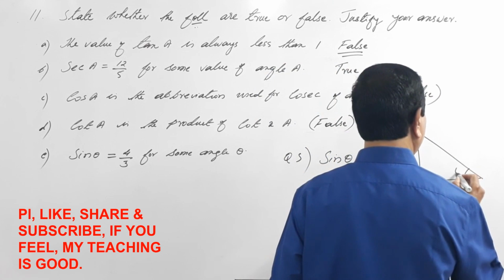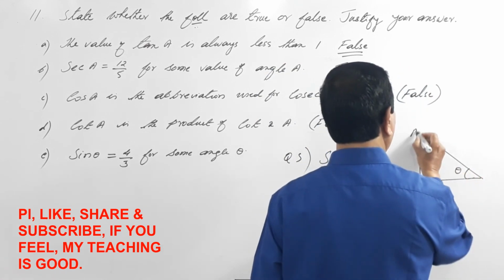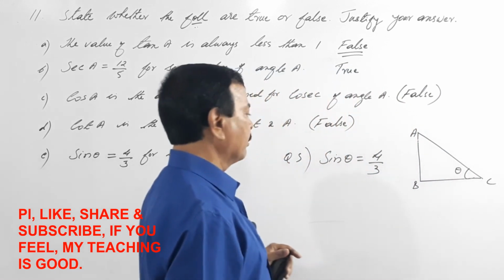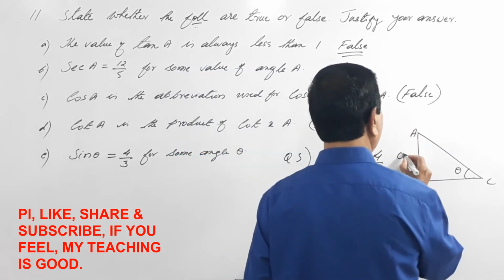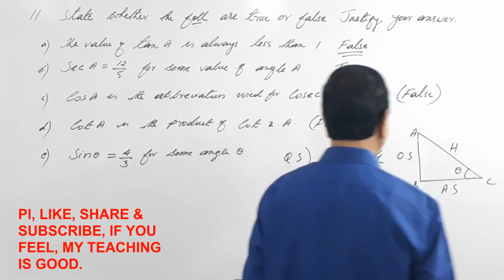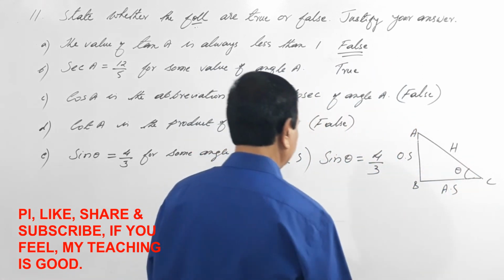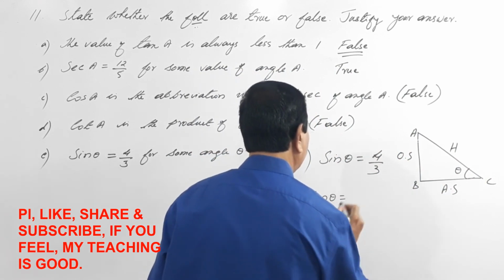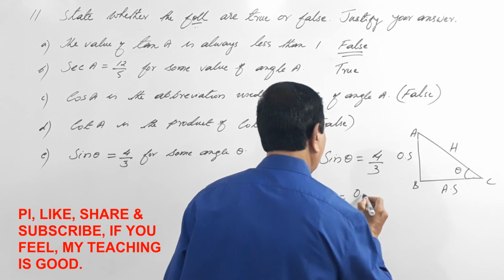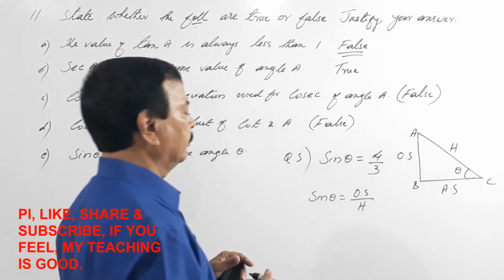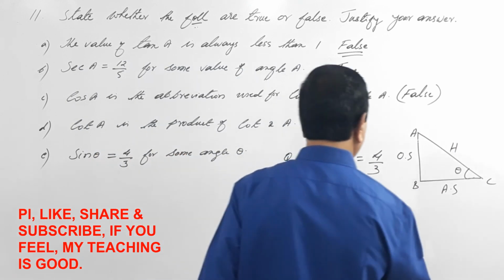I call this theta. So A, B, C. Sin is what? This is your opposite side, hypotenuse, and this is the adjacent side. So sin theta equals opposite side by hypotenuse, and he has given